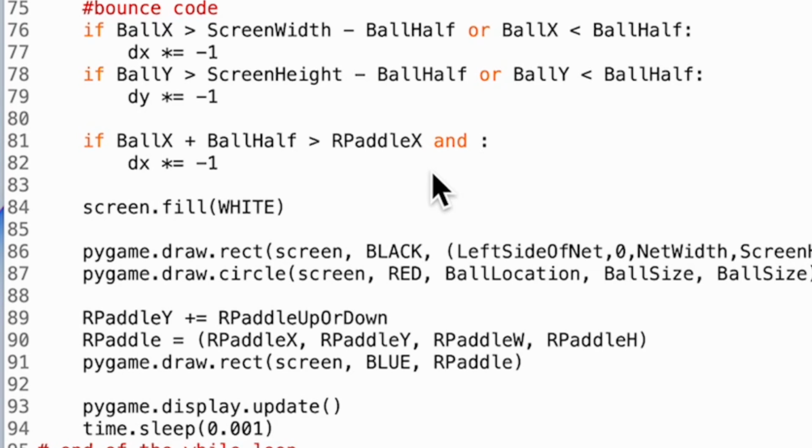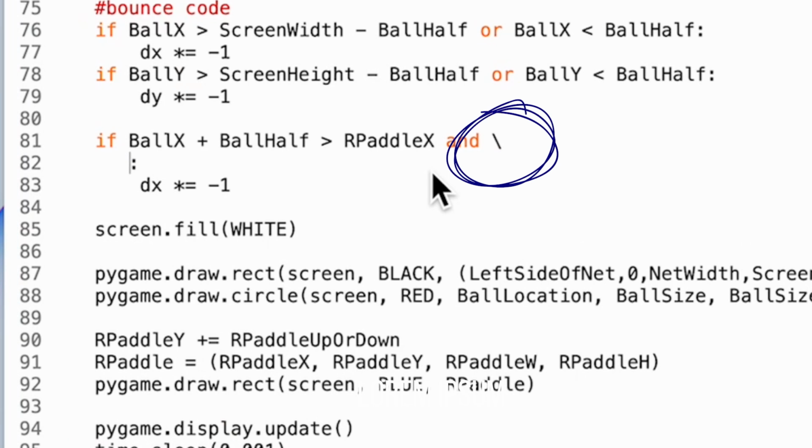Here I'm going to show you a new command. This backslash key allows me to put a really long Python line on multiple lines. So we're going to say ball x plus ball half is greater than r paddle x, and